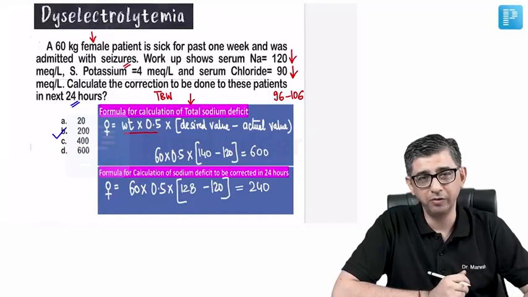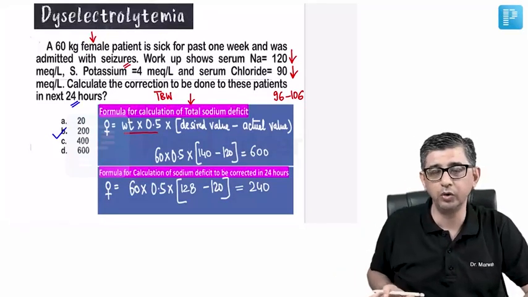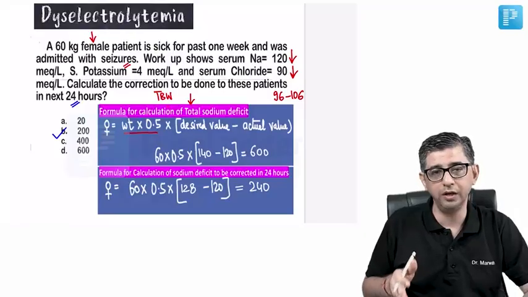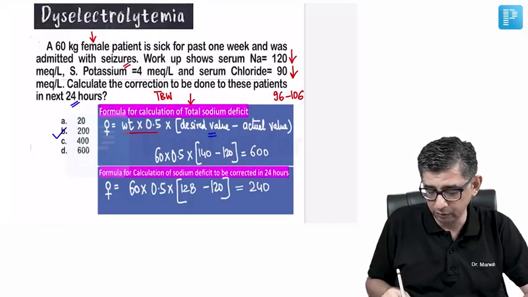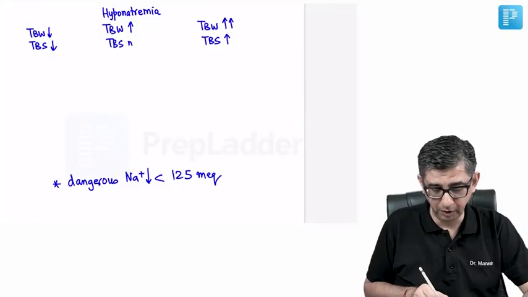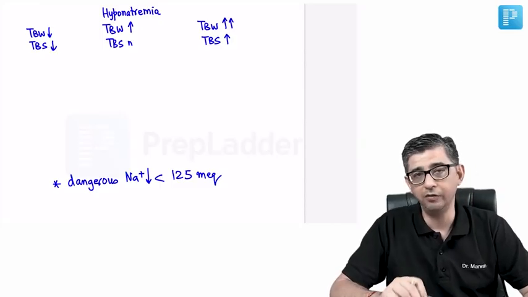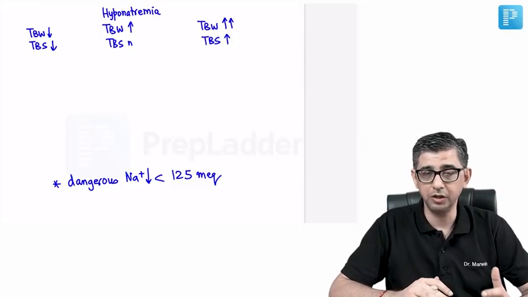Some said, sir, it was over 24 hours. So anyway, the point is I've handled both the versions here. If it is total, then the desired value would be taken as 140. Now, once we get this mathematical formula right, I would also like to say that every time you are doing this calculation based